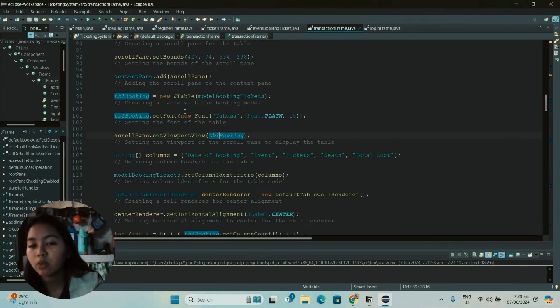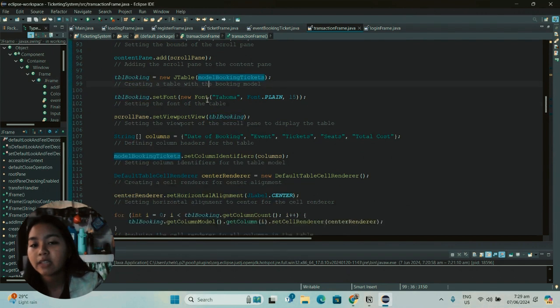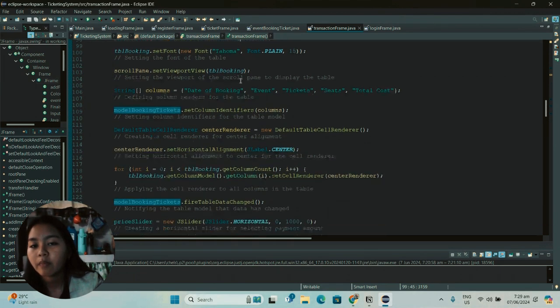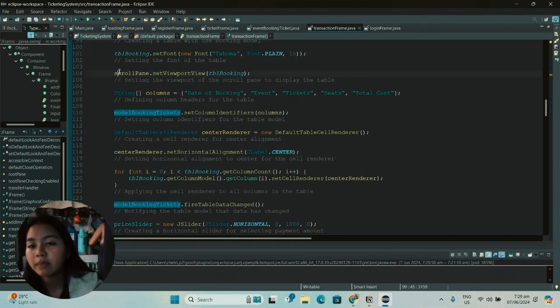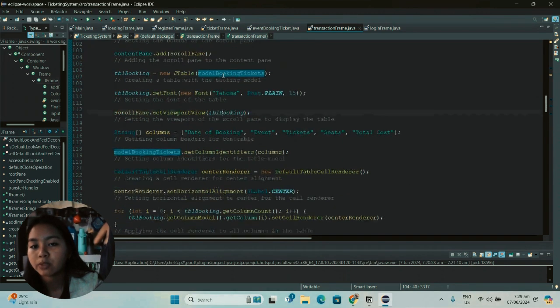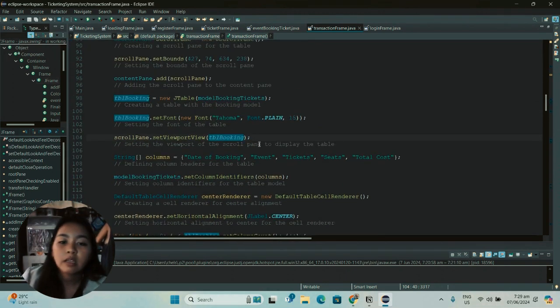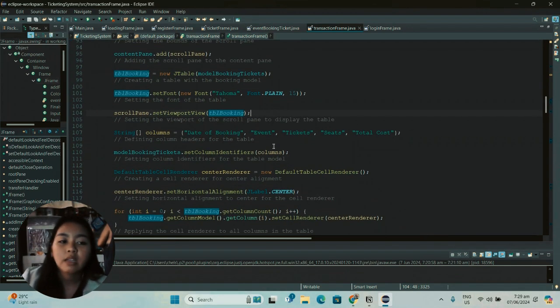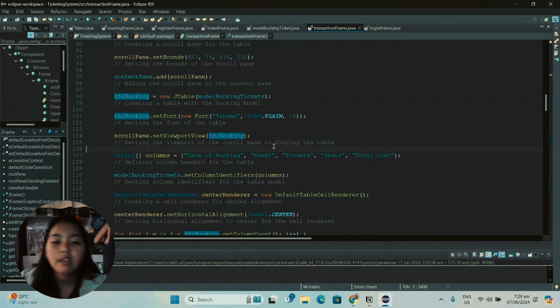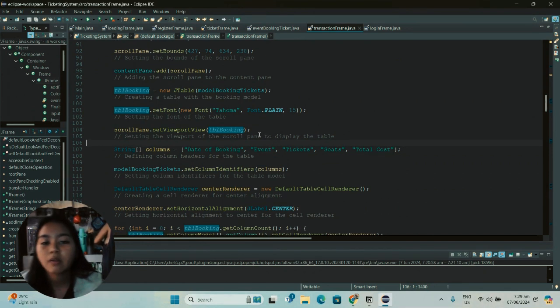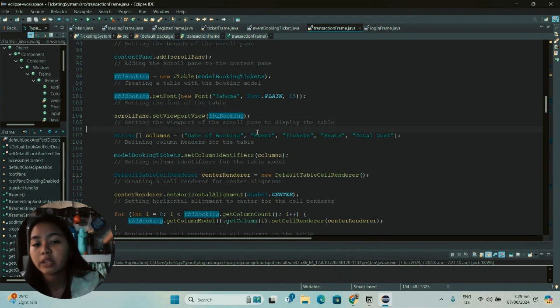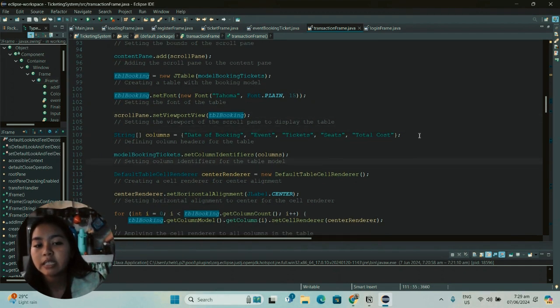And the JTable will handle the interface. Okay. And also, we implemented a JScrollPane in the table so that it will be scrollable in case the table will be filled, and the user will easily see all the transactions or easily see all the tickets they buy.